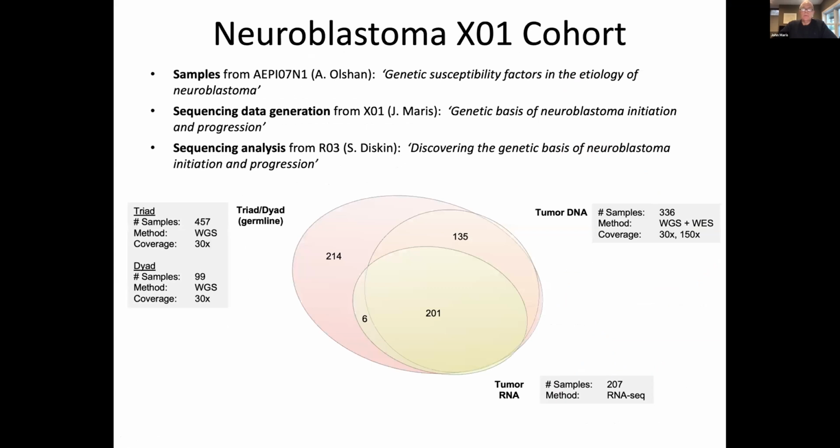So our X01 cohort came from a study done by Andy Olshan, where he was looking at environmental factors that influence neuroblastoma. And the reason why this was important is that while we do a lot of banking of neuroblastomas and blood and other samples from the children with the disease, we as a community have not been routinely collecting blood samples from family members. And that's why we focus on this study, because dyads and triads were available,